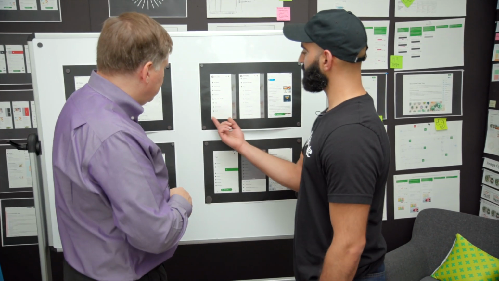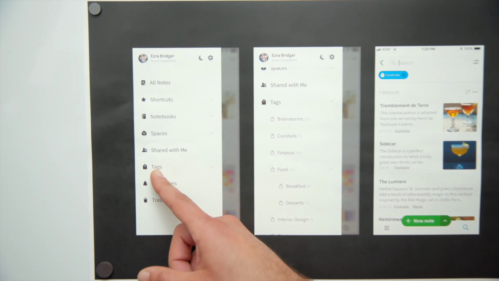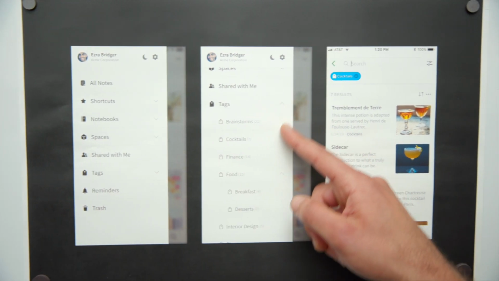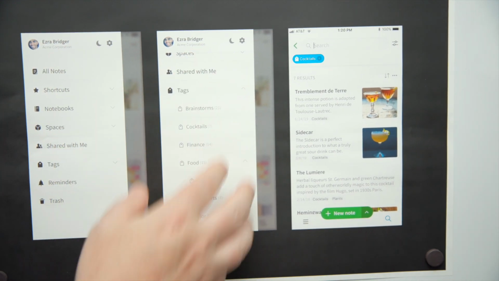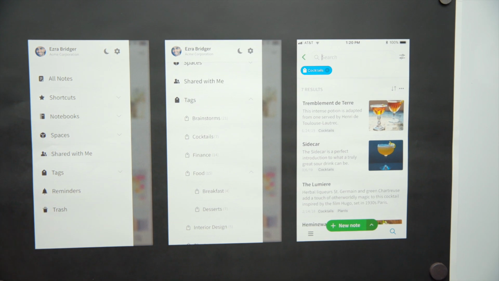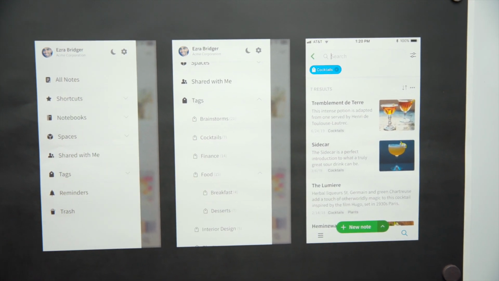What about up here in the nav drawer? So with navigation, it's similar to Android. This drawer slides open. You can tap on tags to go to the tags kingdom, but you can also tap on this to expand and view your nested tag structure. So this is very cool because I still have the context in behind. I haven't lost that at all, and if I just close the drawer, I get my context immediately back again. Right. It's very powerful. And I see I have the hierarchy as well.